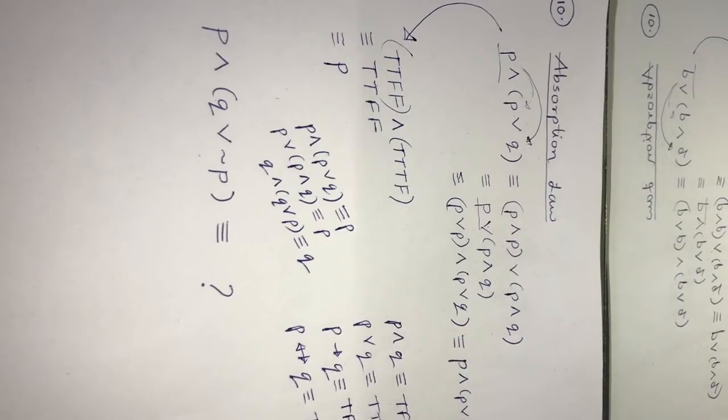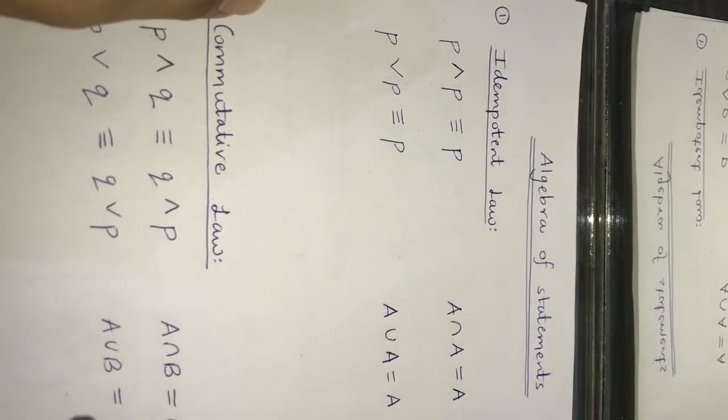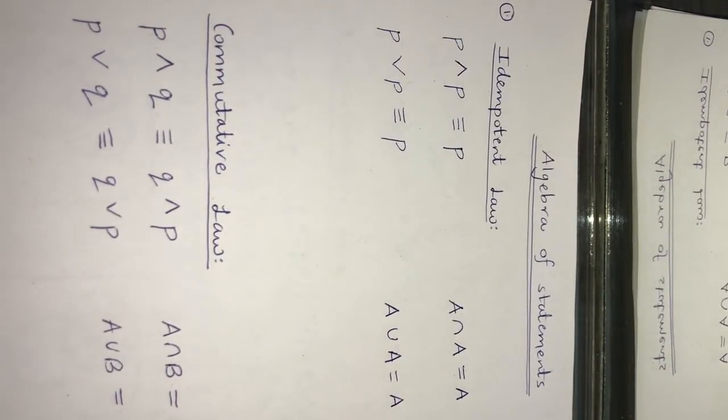So quickly, let us just take a look back. We can look at all the laws again, and then we can start using them to solve the examples. Okay, so I'm starting with the idempotent law. Let us revise. Idempotent law is very simple. P and P is P, P or P is P, and it can be converted to the laws